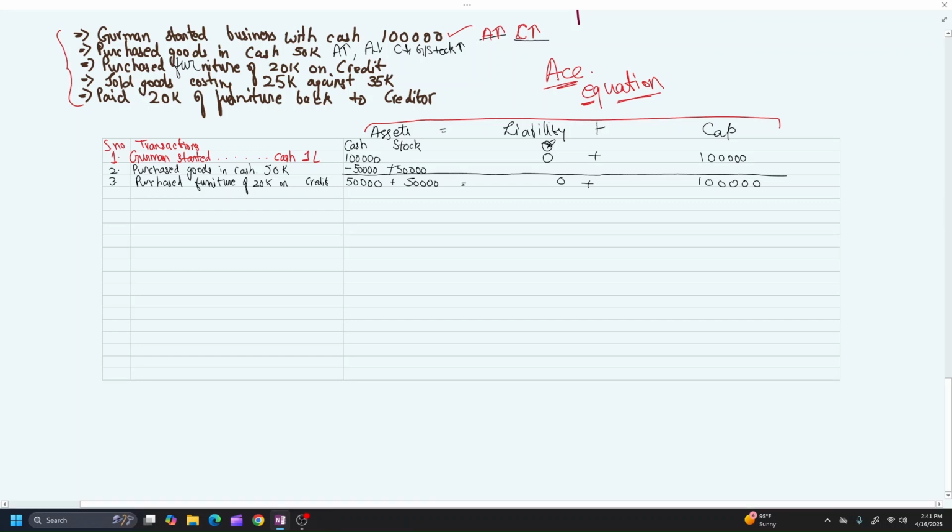Wait, this should have been in this line. I'm so sorry. Okay, so purchased furniture. Furniture is again an asset for you, and cash remains the same, right? Because the transaction is done on credit. So 50,000 cash as it is plus 50,000 stock as it is plus 20,000 of furniture is equal to